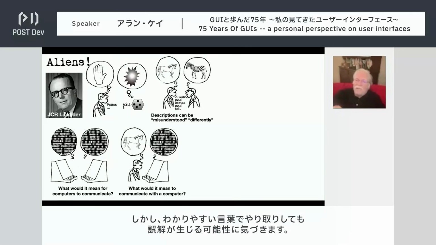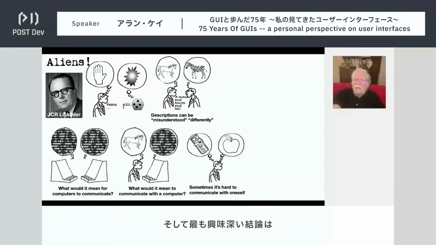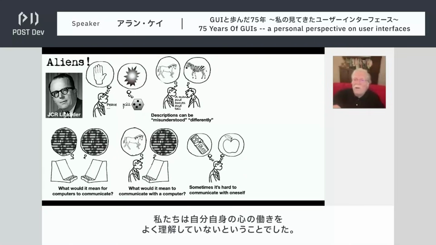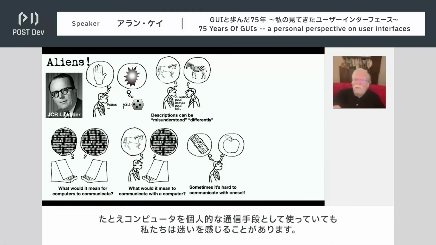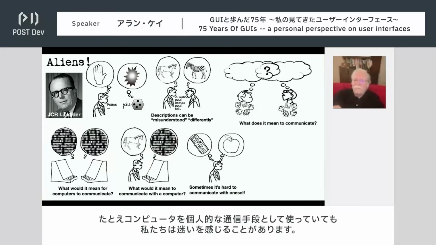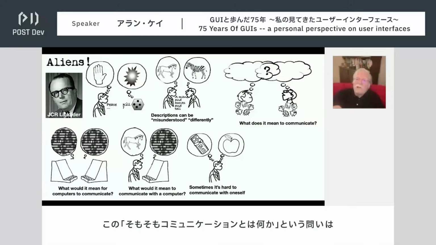He realized that even communicating in terms of common sense descriptions could be misunderstood. And the most interesting thing they came to was that we don't often understand our own minds. So even using the computer as a private communication device, we can be conflicted. So this general question of what does it mean to communicate was one of the gifts of the 60s.